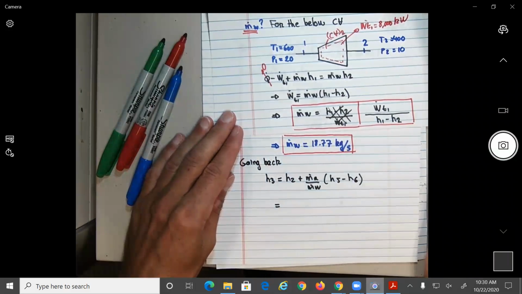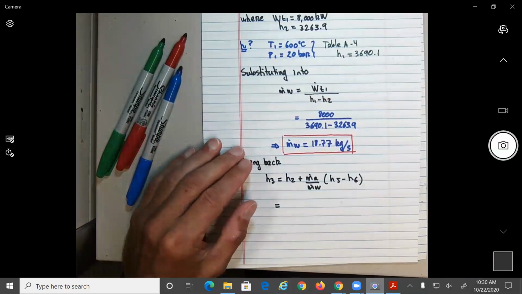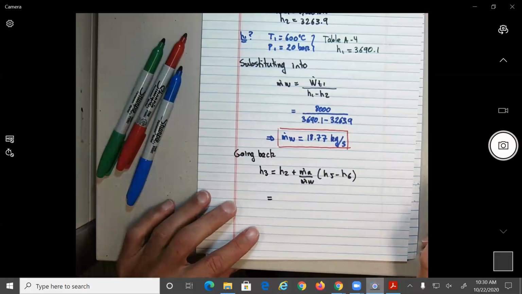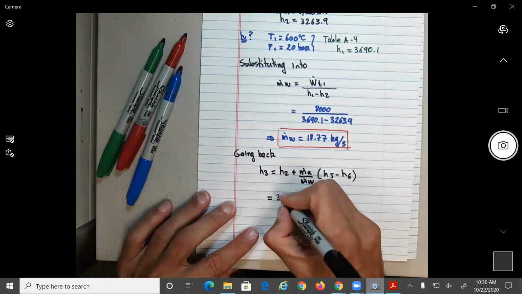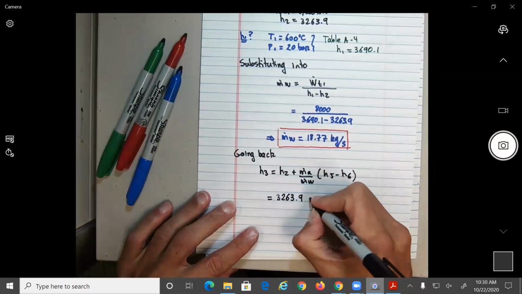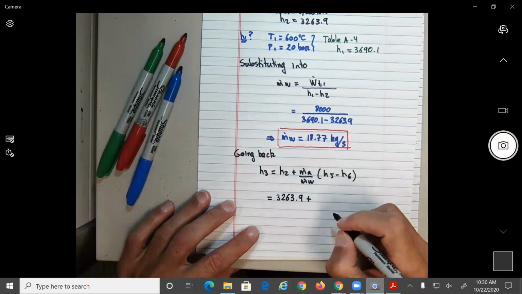Now we can just go and substitute the values. Okay? So what do we have for H2? H2 we had 3,263.9